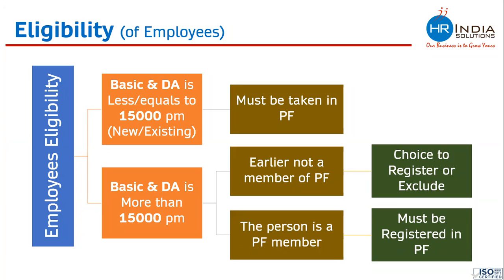Look, 1% chances are there and possibilities are there that if the employee and employer both wish to exclude from the PF, they can do that. But there is a consent which is required from the employee and employer both. If anybody's salary is less than 15,000, there is no choice neither with the employee nor with the employer. Even if they go with a joint declaration, they cannot exclude any employee in the cases where salary is less than 15,000. It is an act, it is a law.